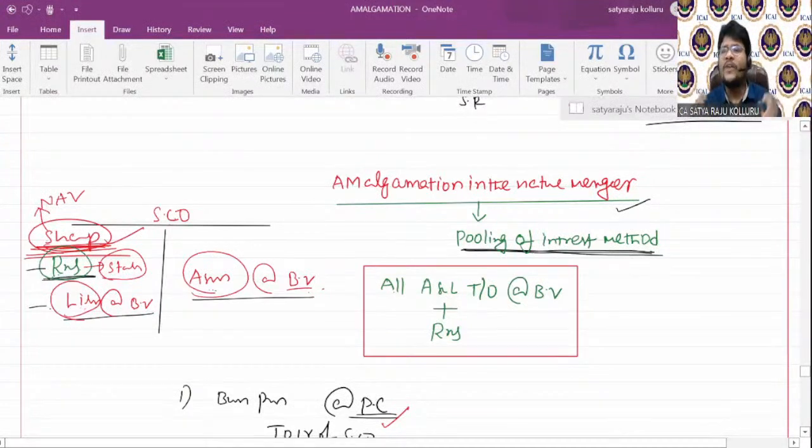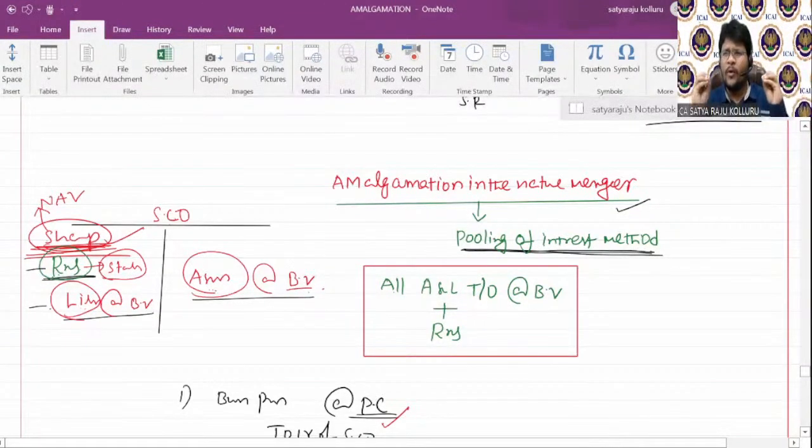One more thing. To maintain the statutory reserves of the selling company in the books of the purchasing company, no need to pass any adjustment entry like amalgamation adjustment to statutory reserve, because all the reserves and surplus of the selling company automatically become the reserves and surplus of the purchasing company after amalgamation. Hope you understand. With this background, let me take one problem first. I will write the journal entries, then your understanding will enhance like anything.